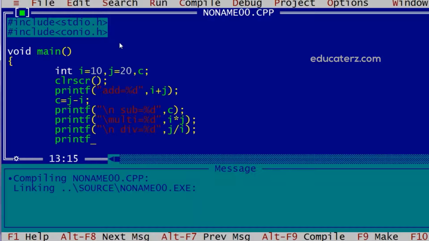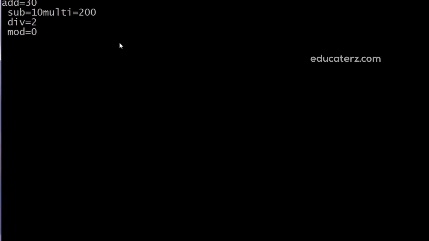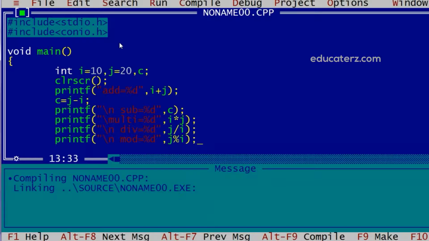Similarly we can have the modulus operator, where we can say j modulus i. So now if I execute this, you can see that modulus is giving 0 because there is no remainder, whereas division is giving 2, multiplication is giving 200. So this way we get the output of arithmetic operators.